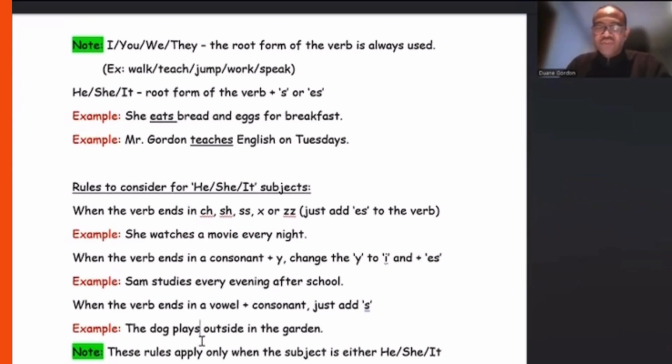Remember, these rules apply only when the subject is either he, she, or it. I trust that this will be very clear for you,